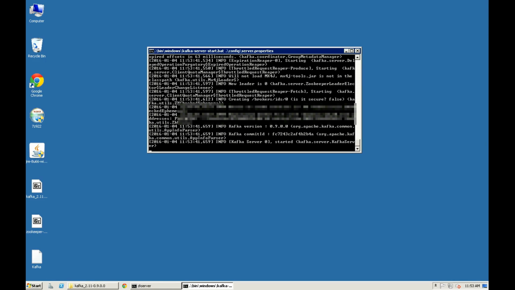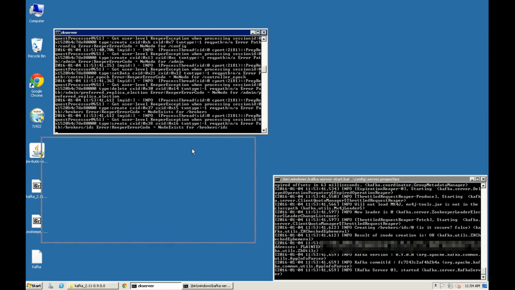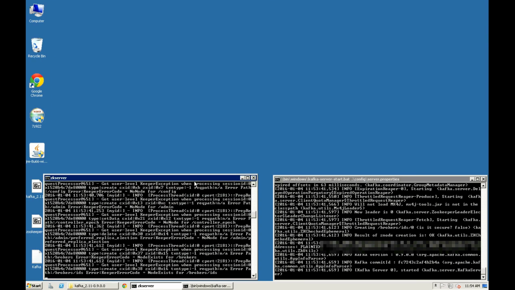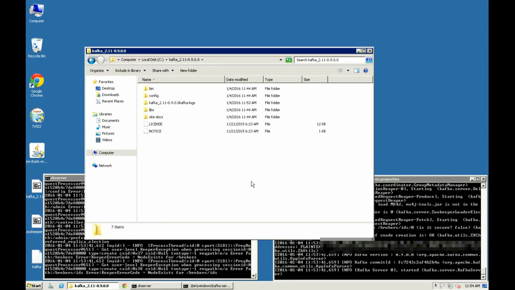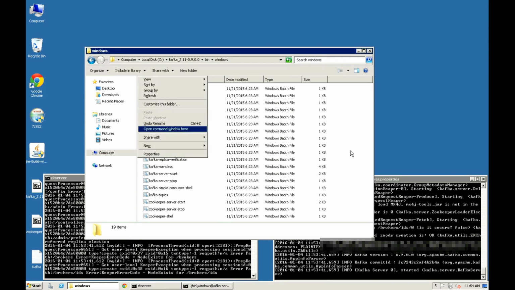Now to test our Kafka server, we can start a producer and a consumer so that we'll push some messages to a queue and the same should be reflected on the consumer side that it got consumed. So first of all, we have to create a topic. To create a topic, go to your Kafka folder inside bin, inside Windows and open a command prompt and type the command